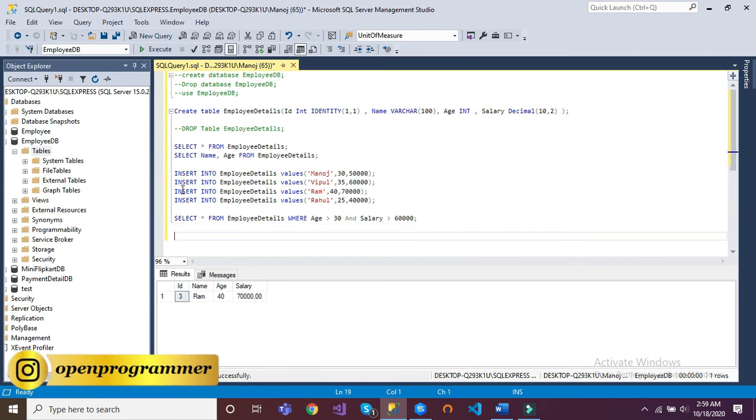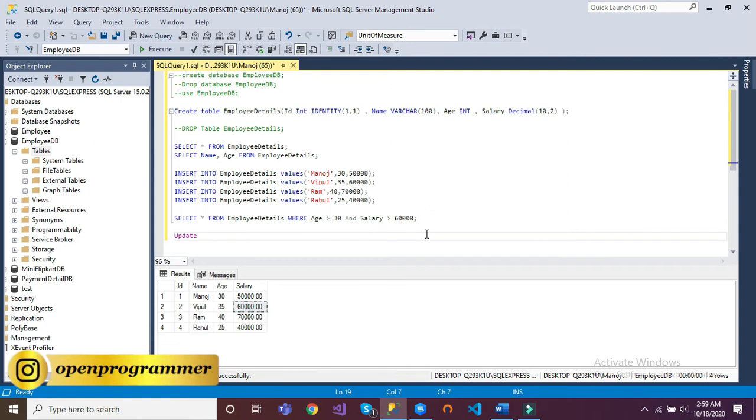After that, if I want to update this particular row, like this row Ram, how can we do that? Let me select all the data. For example, we need to update this Vipul salary to 65,000.